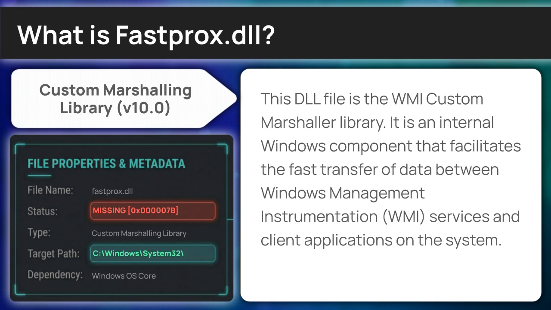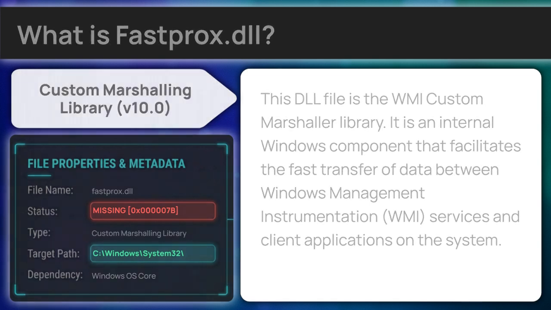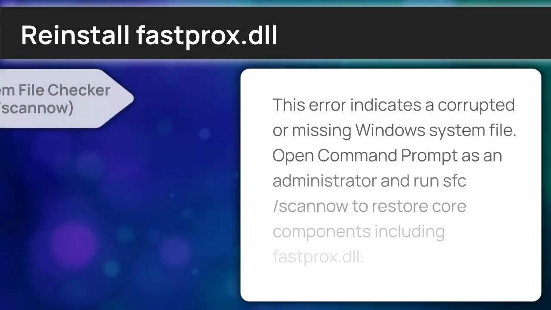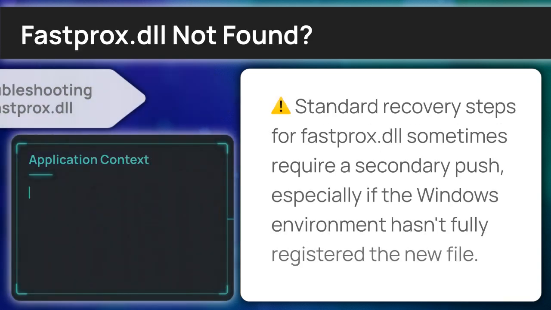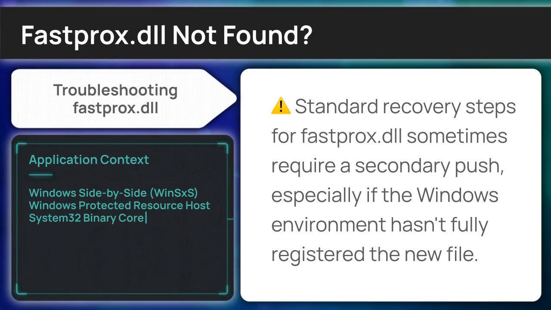Now let's apply the fix by reinstalling the shared system library. The Fastprox library DLL is a system-critical file that Windows manages internally. To repair it, run the sfc /scannow command from an elevated command prompt, which will scan for and replace any corrupted OS-level components. When a standard reinstall doesn't cut it, we move to advanced diagnostic steps to ensure the system